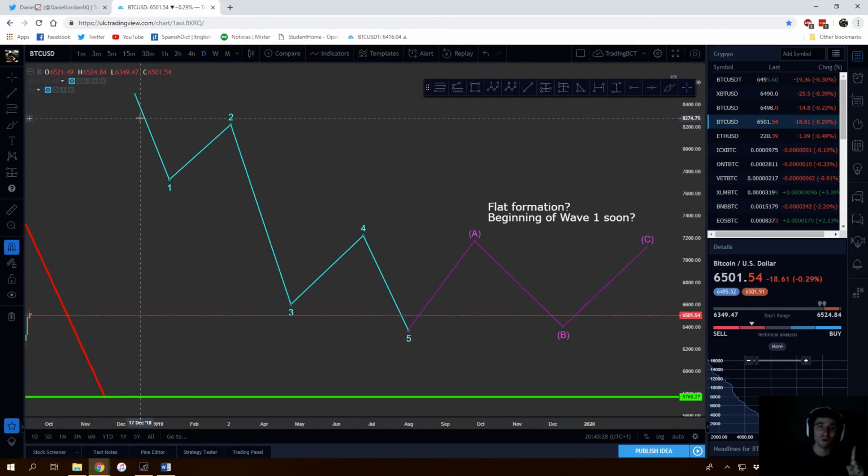So in part number 1 I went into great detail for you all the theory and history behind Elliott Waves. I then moved on to the 1, 2, 3, 4, 5, so the impulse waves. So it's very important that you watch part number 1 to really understand the impulse waves before you move on to this video, part number 2, covering the correction. Because obviously you don't get a correction without first the impulse waves occurring. So you do need to understand part number 1, the impulse waves, before you move on to part number 2,